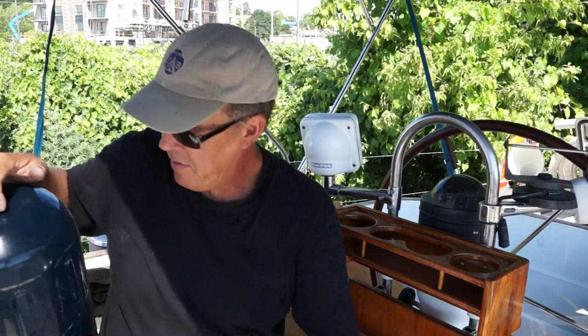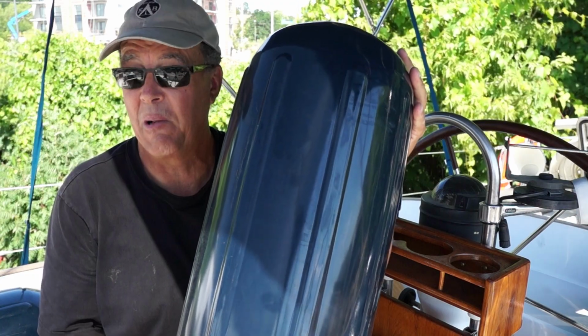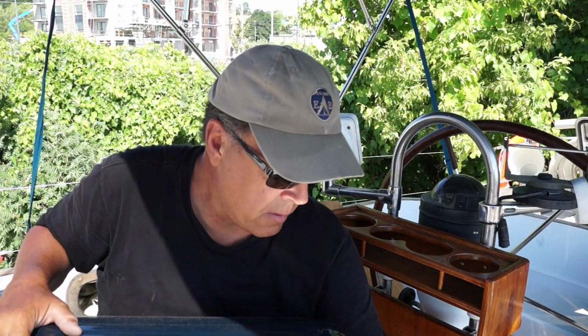Center line fenders, which are color matched to the boat, no less. And we're going to install these lines and get some fenders on either side of the boat so you don't bump into